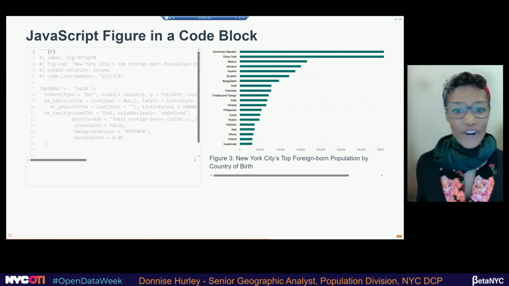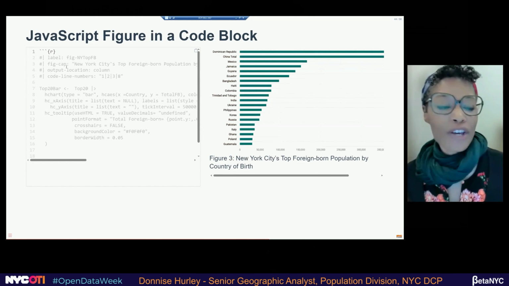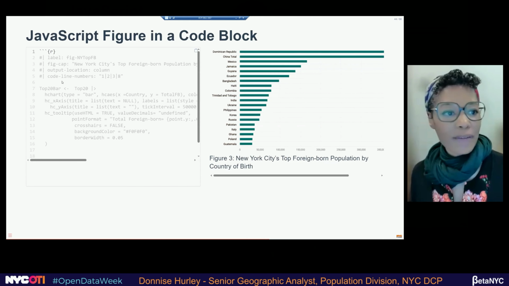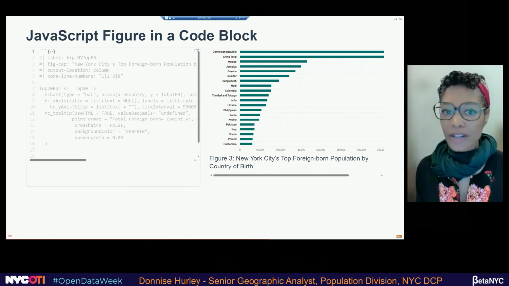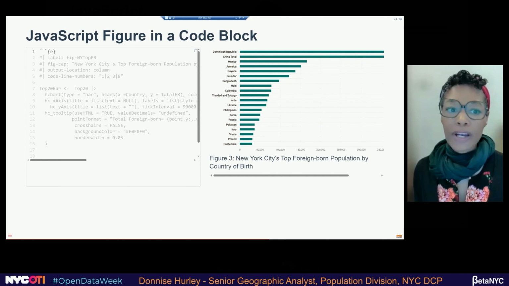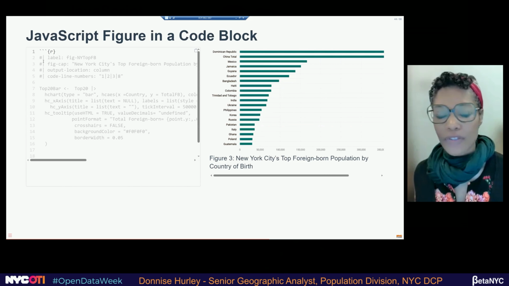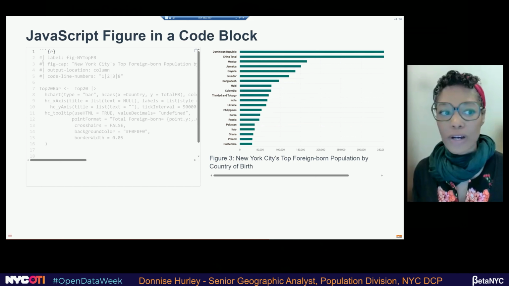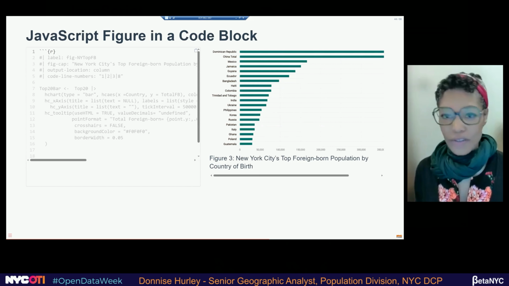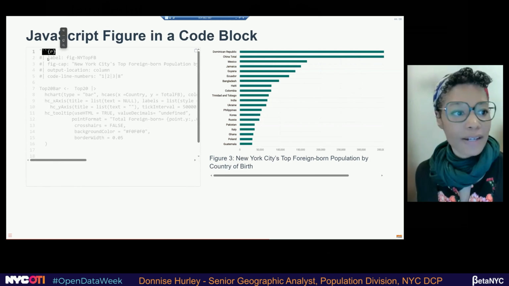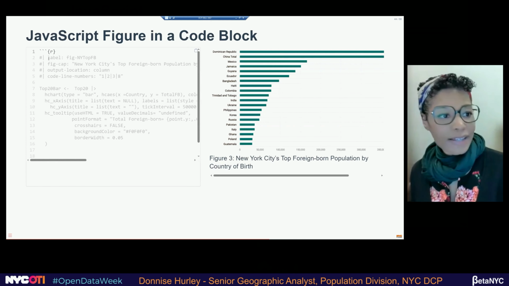So we've seen this chart before, but I'm going to show you some key features that you would need to set up a figure. So if we're doing it in a code block, with this example, I'm using a JavaScript wrapper to work in R. You could also use JavaScript directly if you want, or you can also use other languages. But in this, I have my code block. I set it up here with my 3 ticks again.